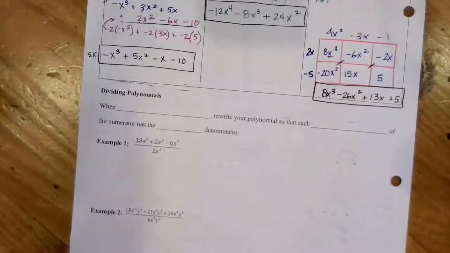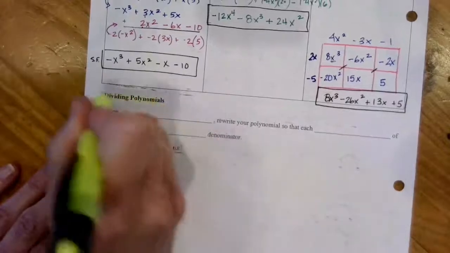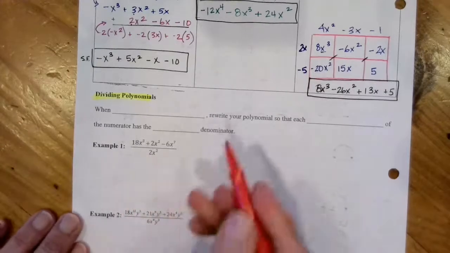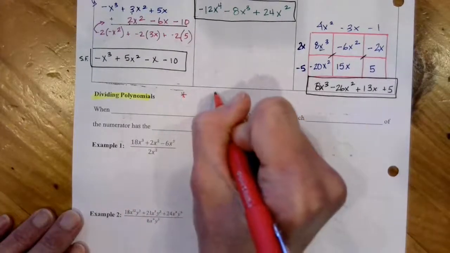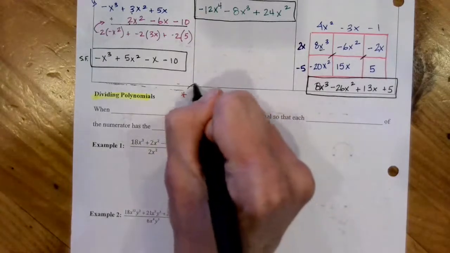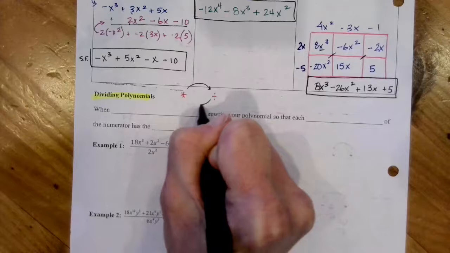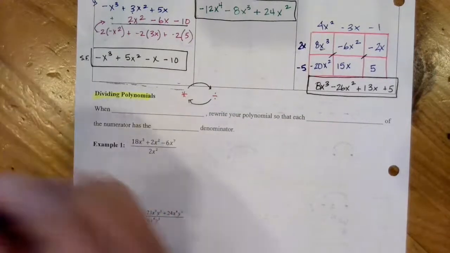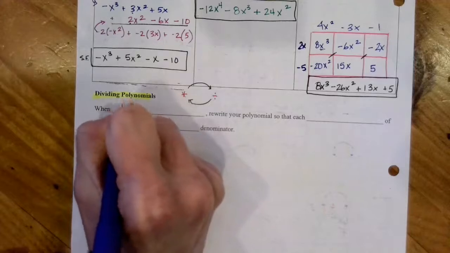All right, our next conversation comes from dividing polynomials. And this is an interesting backwards thinking conversation. We just talked about multiplying, and now we're going to think about dividing. And when you understand the relationship between them, one undoes the other. So here we go. When dividing,